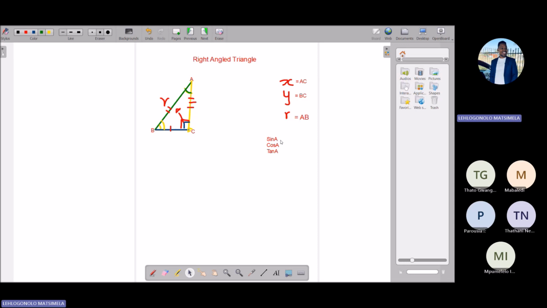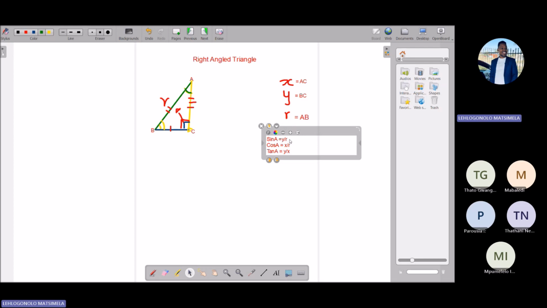Now, I've brought the three trig ratios here: simply sine angle A, cos angle A, tan angle A. Now, what are they equal to in terms of X, R, and Y? Sine angle A is Y over R. Cos angle will be X over R, while tan angle will be Y over X. That's the initial. So now, since we have given our labels in terms of A, B, C on this triangle,